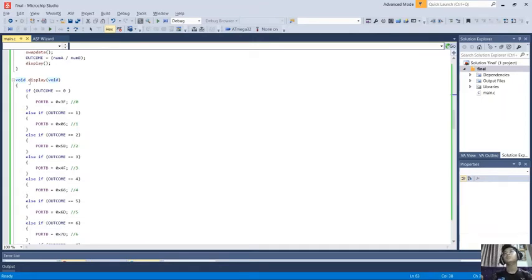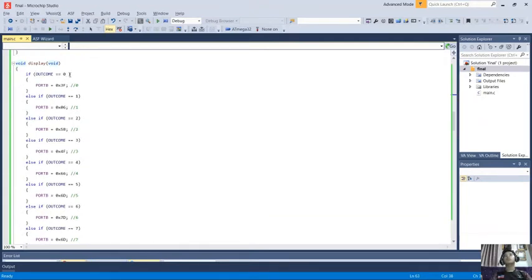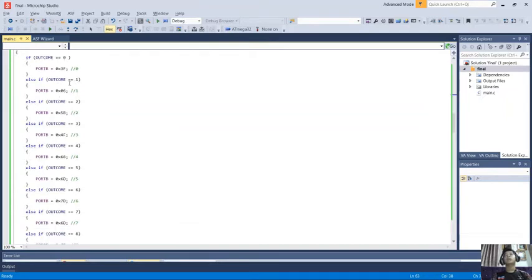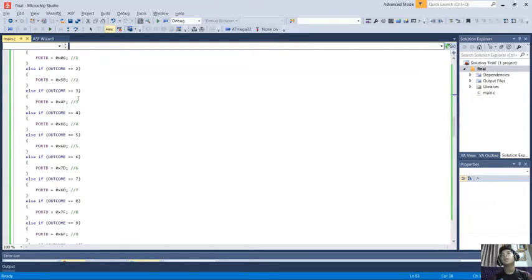So here is the function display. If outcome equal to 0, the number on port B will show 0 on the segment display. If the outcome equal to 1, the segment display on port B will show number 1. So it will keep going until